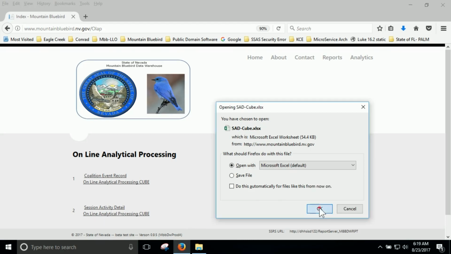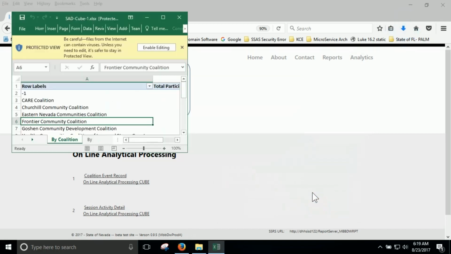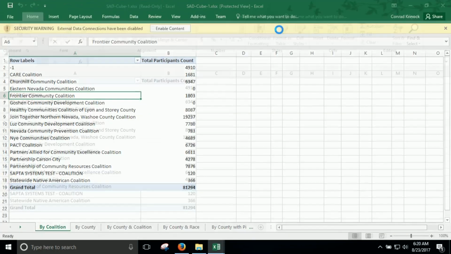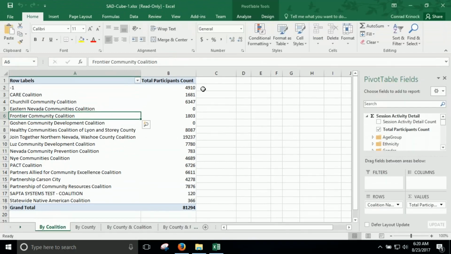So when we click Open, a predefined Excel spreadsheet is downloaded from the web server to the local PC. This is pulling data from a SQL Server analysis server on the public internet. So as data is changed in the source systems, the cubes on each and every local Excel file is updated